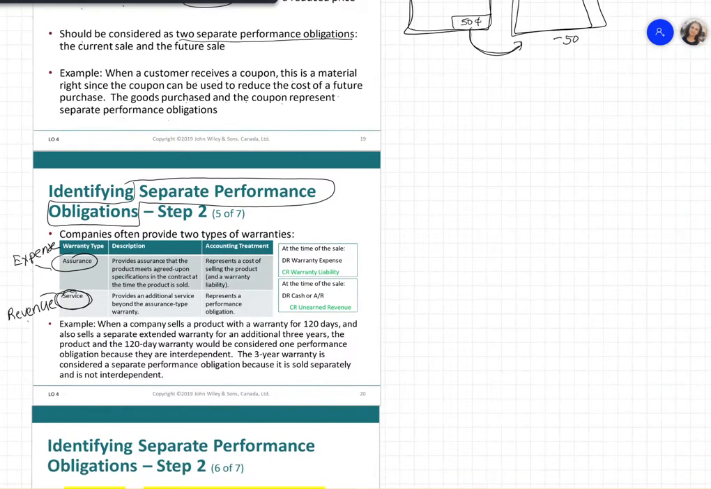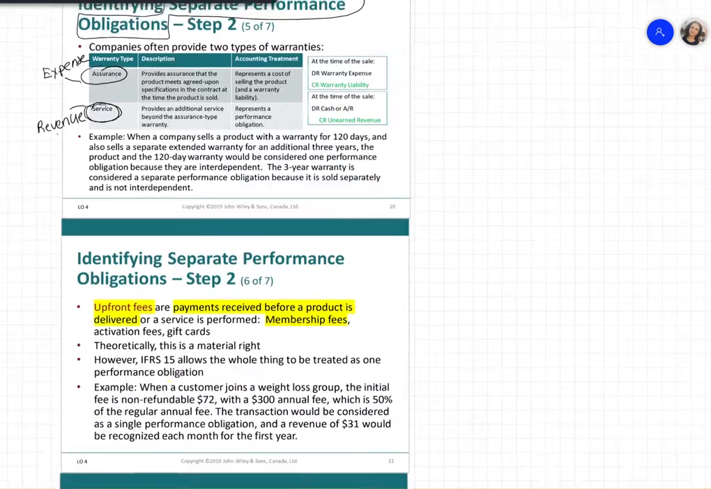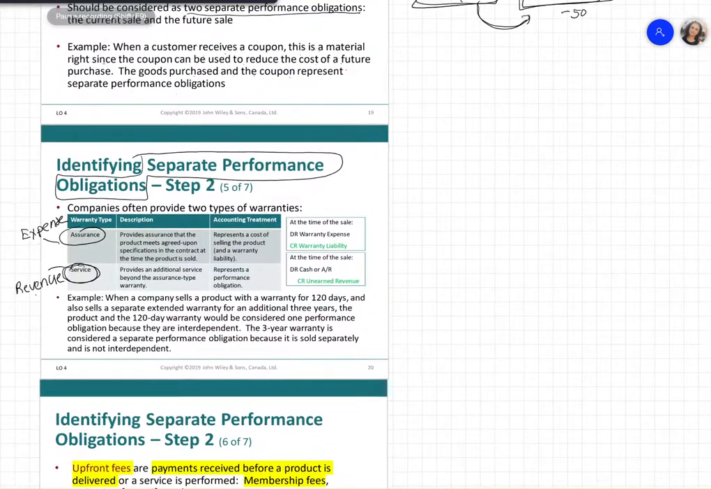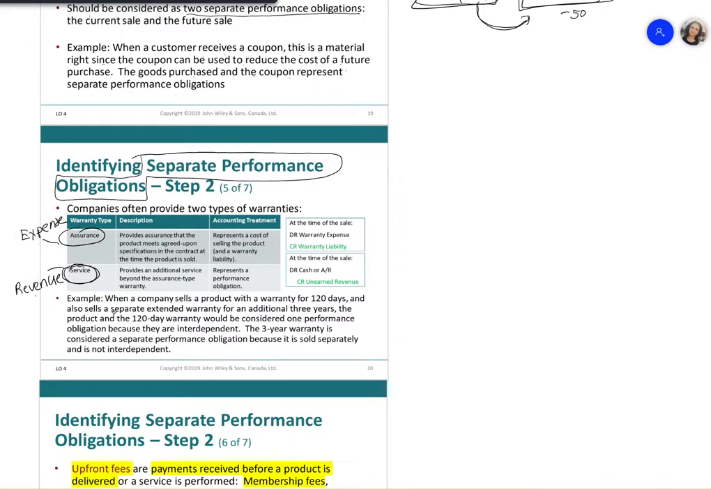I think there's a question that we're going to do. No, in this one there is no question, but I think there's a question in the back of the chapter that we will do. When a company sells a product with a warranty for 120 days and also sells a separate extended warranty for an additional 3 years,